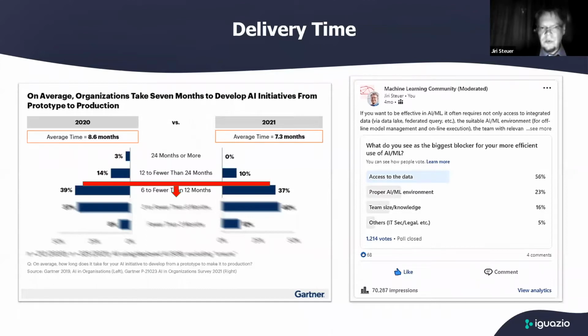And I got also confirmation based on my survey, see right part of this slide, that many companies expected this logical ordering. The main priority is access to the data, then proper machine learning environment, then team size and knowledge, and then other things such as legal requirements like GDPR, security roles and restrictions.